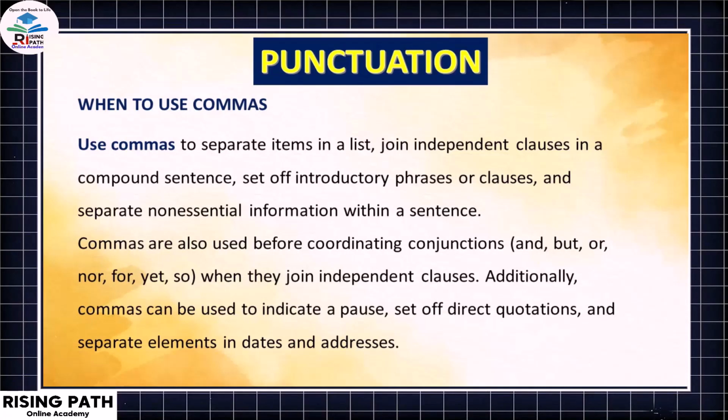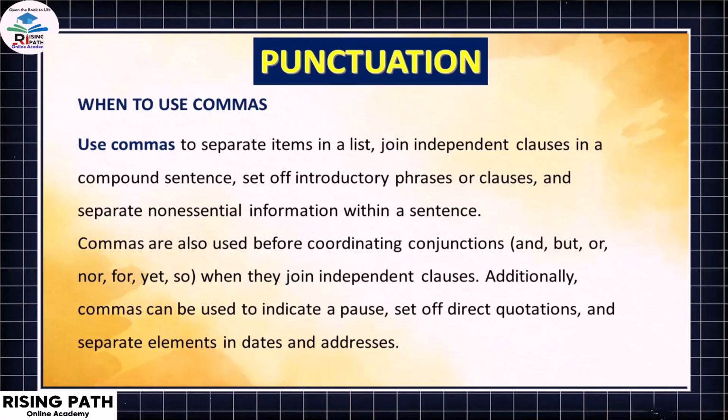When to use commas? Use commas to separate items in a list, join independent clauses in a compound sentence, set off introductory phrases or clauses, and separate non-essential information within a sentence. So we are also going to discuss that because comma is the most frequently used punctuation mark. Commas are also used before the coordinating conjunctions, that is FANBOYS: for, and, nor, but, or, yet, so, when they join independent clauses. Additionally, commas can be used to indicate a pause, set off direct quotations, and separate elements in